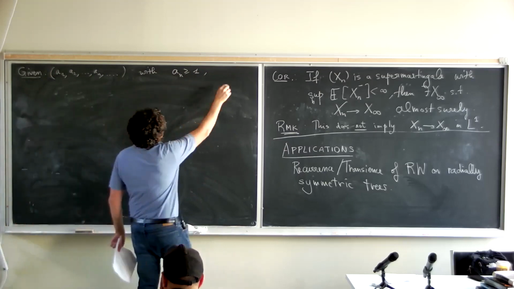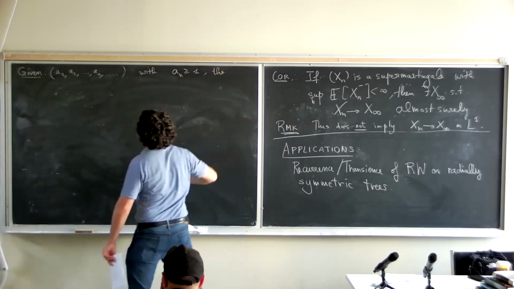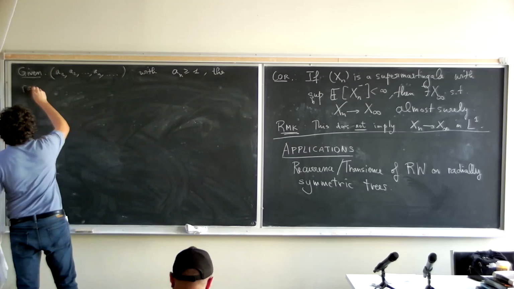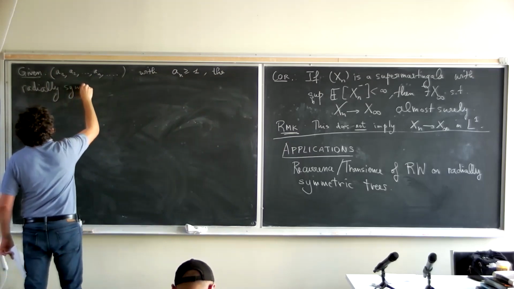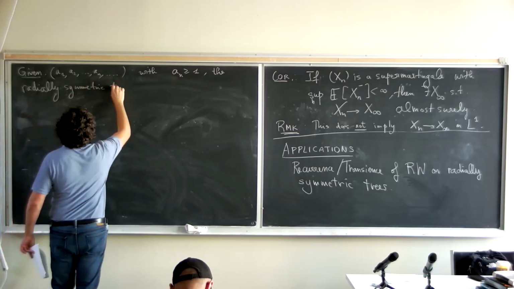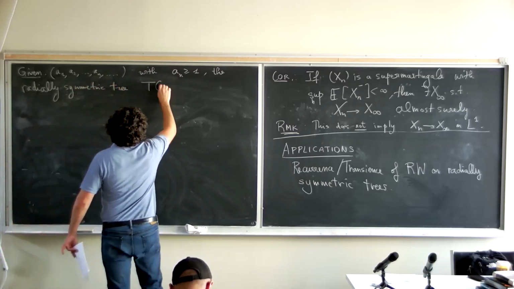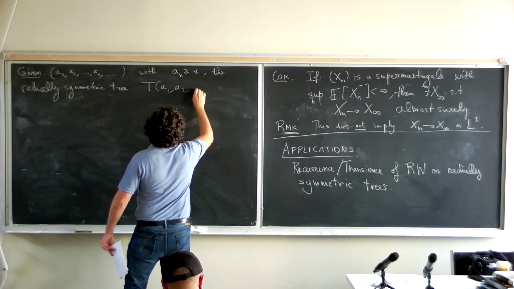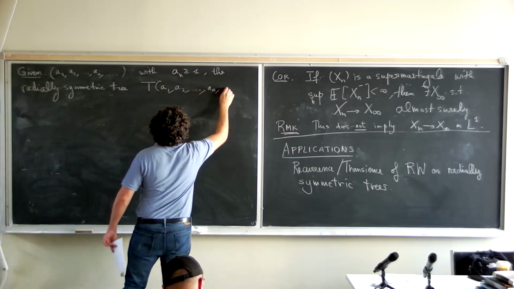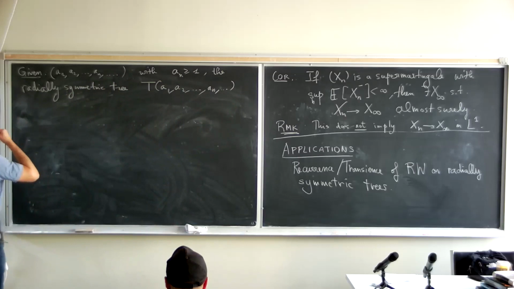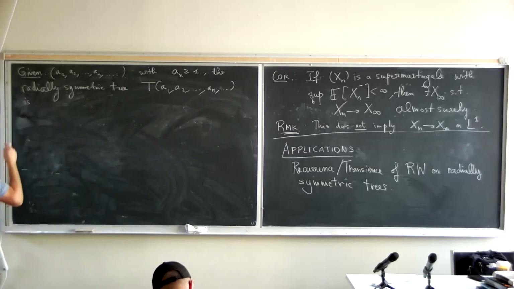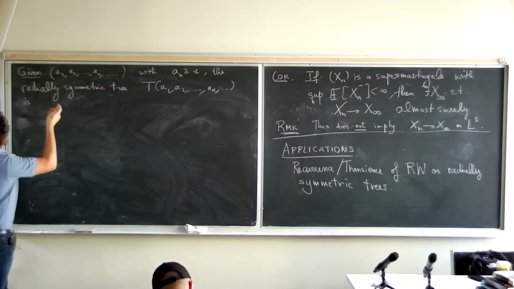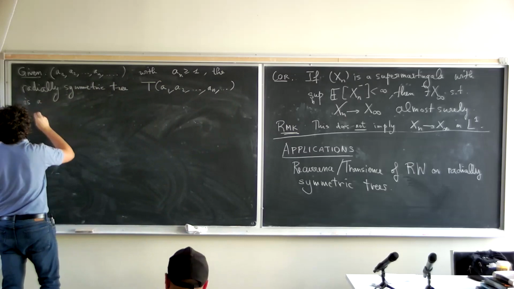Okay, so the radially symmetric tree T(a0, a1, a2, ..., an) is basically a rooted tree